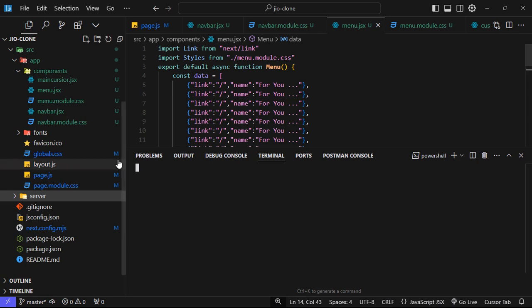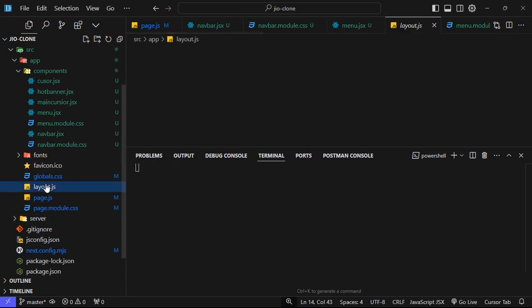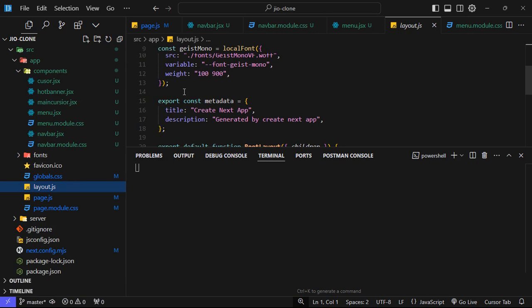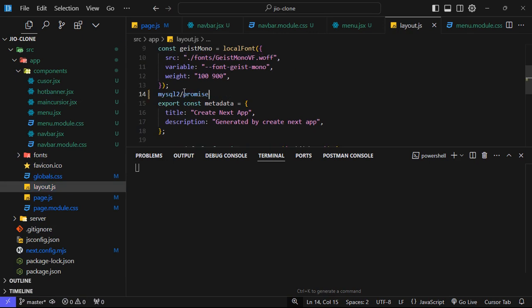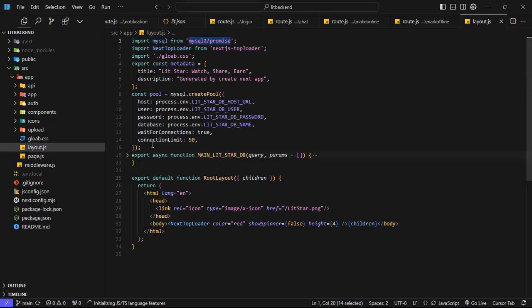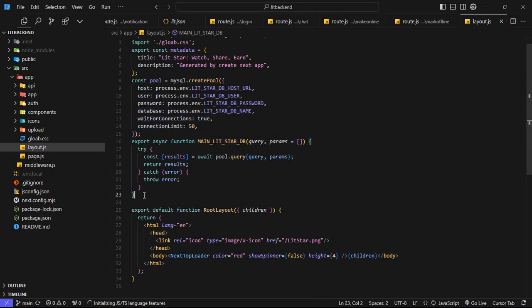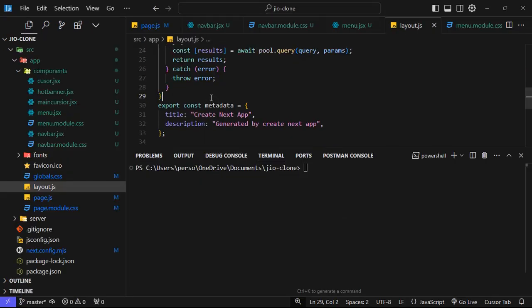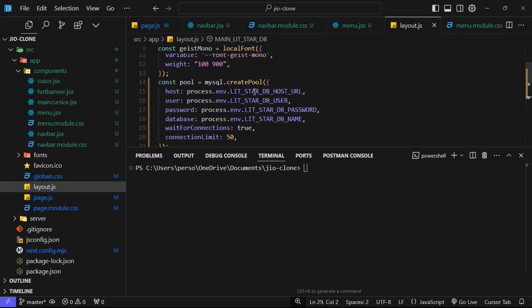Okay, let's paste this code. Here inside our layout.txt file I will paste it. One sec, I will copy this, and I will copy the same this one also. This code you can see on the screen. This will help us to connect our database. Okay, and I can do here npm i